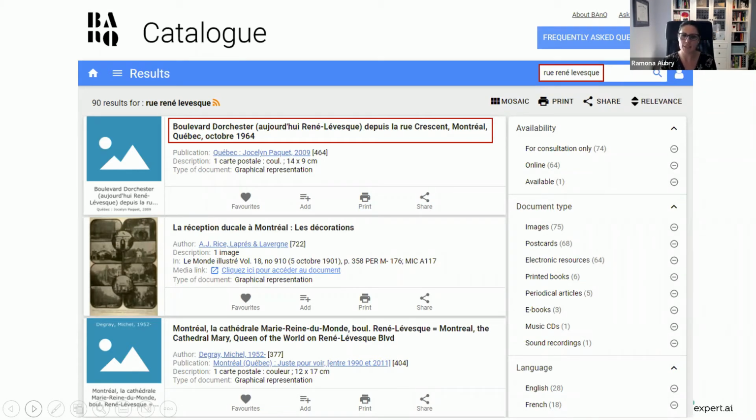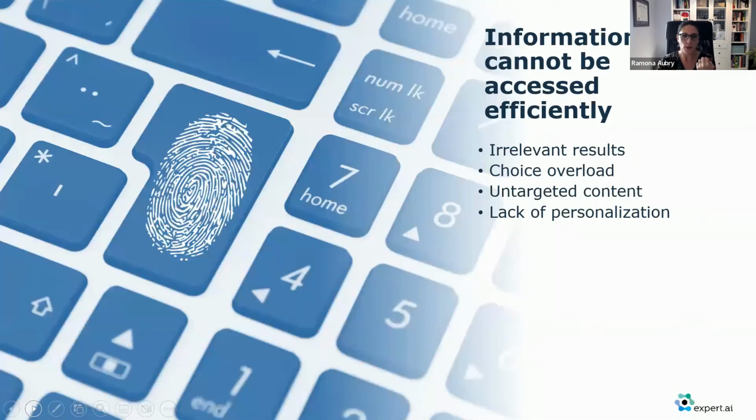When we started our collaboration with this particular client, they wanted to make sure that the most relevant assets they had were resurfaced by their website, regardless of their age. They put the emphasis on valuing their collections of media elements by properly indexing them with their historic names and recent names. In this example, we have Boulevard René Lévesque, which was named after Boulevard Dorchester in 1964. So again, this is an example where we overcame this challenge of not connecting the data sources.